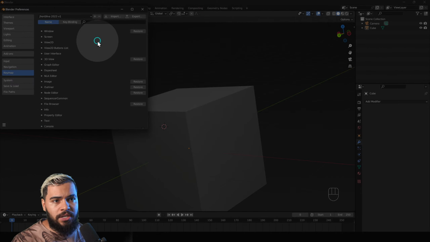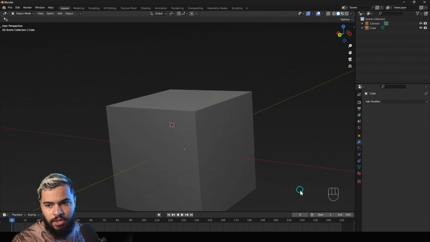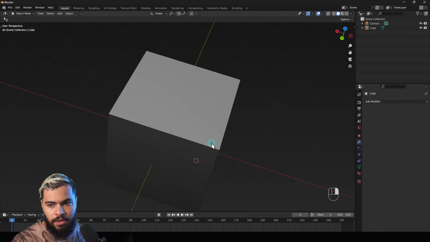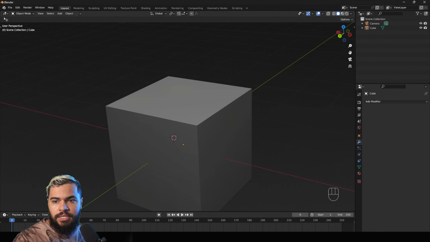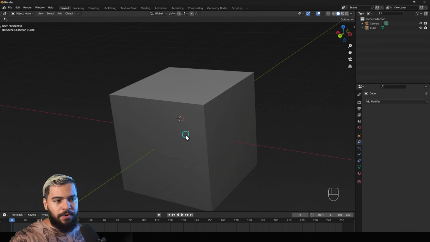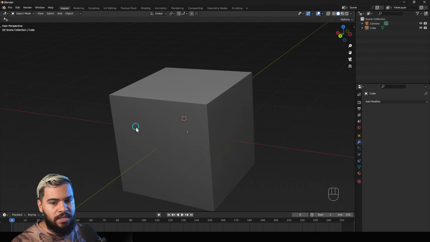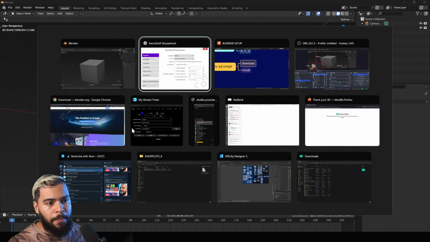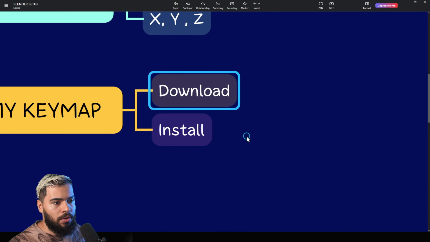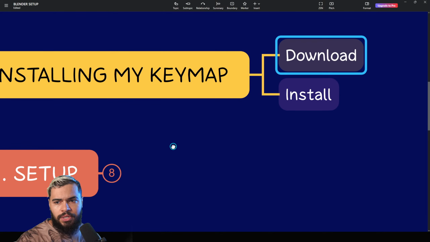And basically this shortcut is going to give you the same navigation that I use using the right mouse click, okay, which is going to make it much easier for you to use Blender. And I promise you that, my friend, is going to be so much easier for you than using the standard shortcuts, basically. Okay, after you install Blender, it's very easy, right? Download and install. Nothing to worry about.